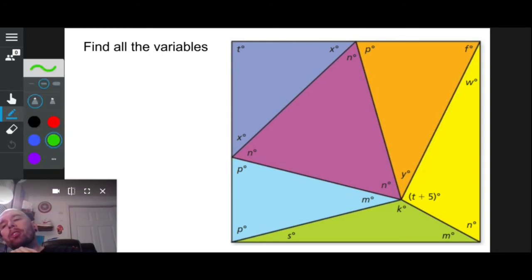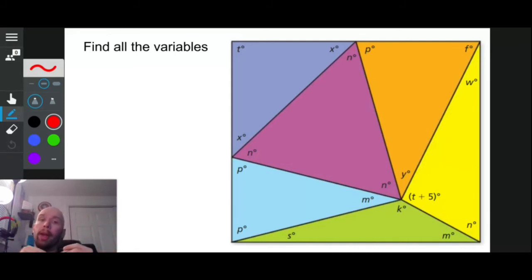This problem right here is basically going to get you ready for chapter 4 all in a nutshell. A lot of chapter 4 is finding angles. It has to do with proofs and proving specific congruent things. But the beginning of chapter 4 is all about angles. What we are going to be forced to do with this problem is find one of the letters that are here and then use that information to find more and more stuff. So let's see if we can see anything right now. Well, right away,